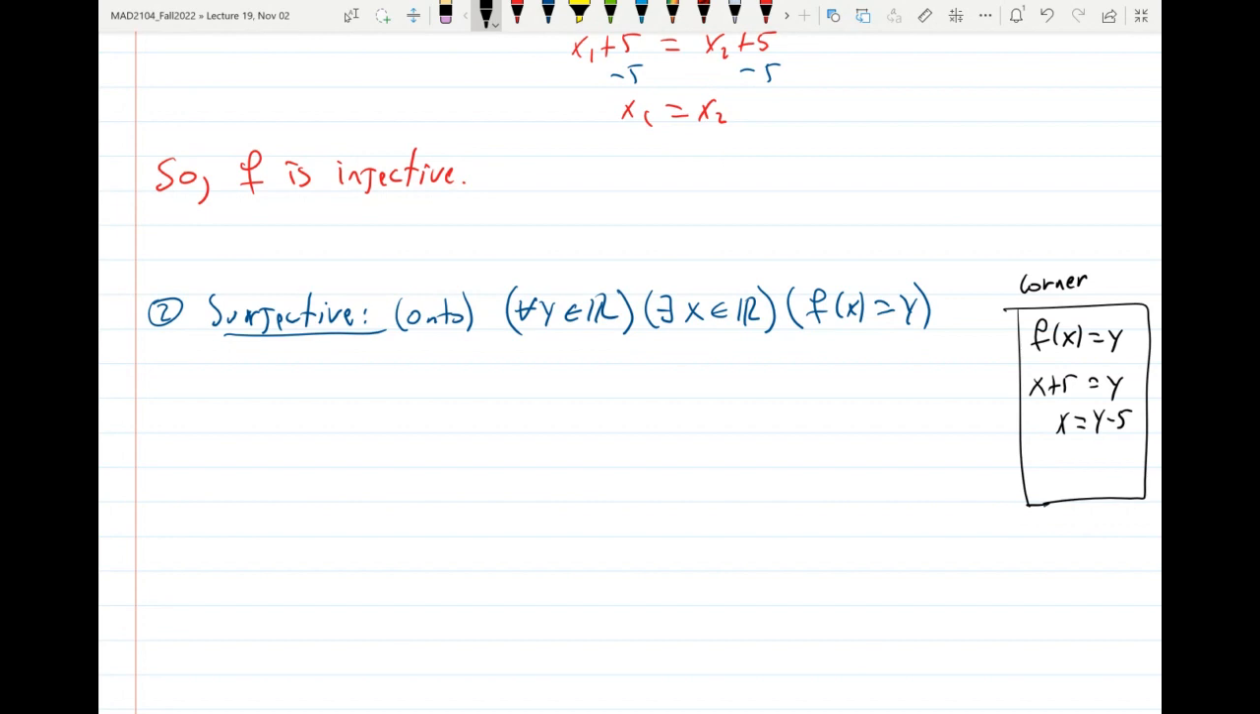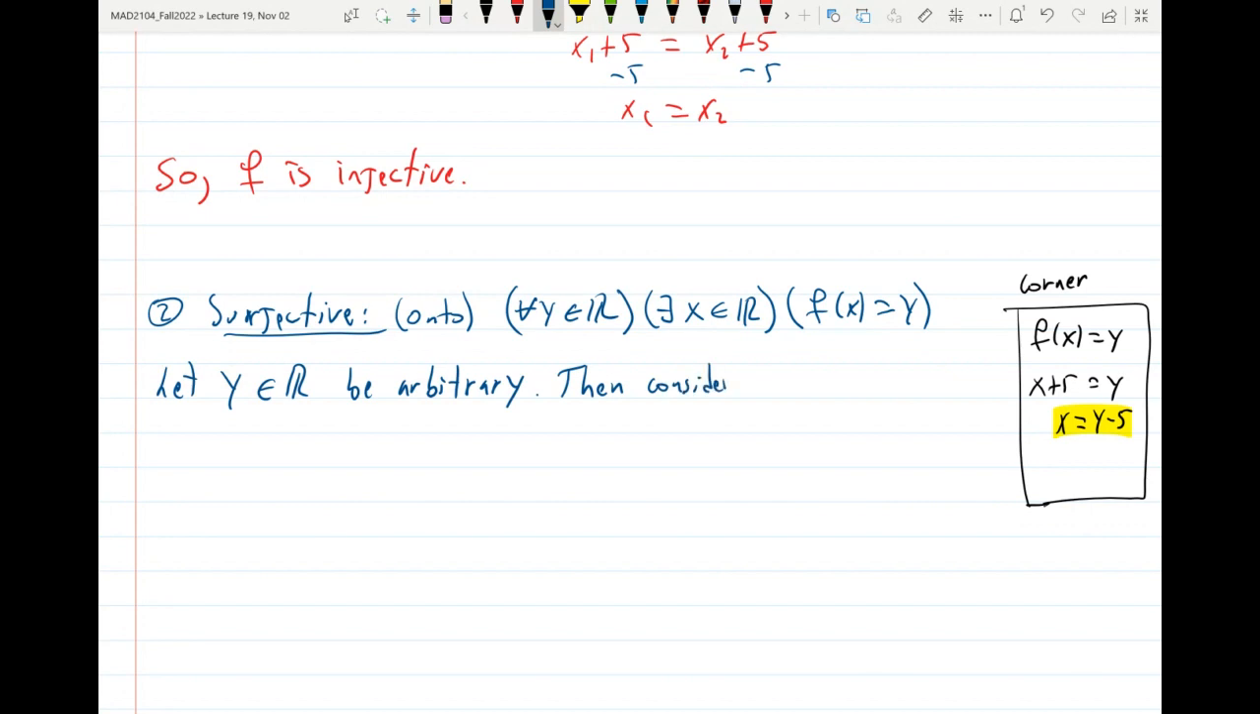And then all you have to do is plug that into the function and verify that it equals y, and you're done. Okay? So now that we have that in hand, we're going to use it. So now we begin by letting y be a real number. So let y be in the reals be arbitrary. So this is whatever real number you want. Okay? Then